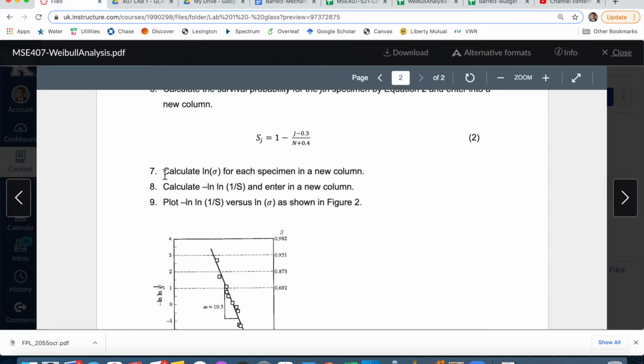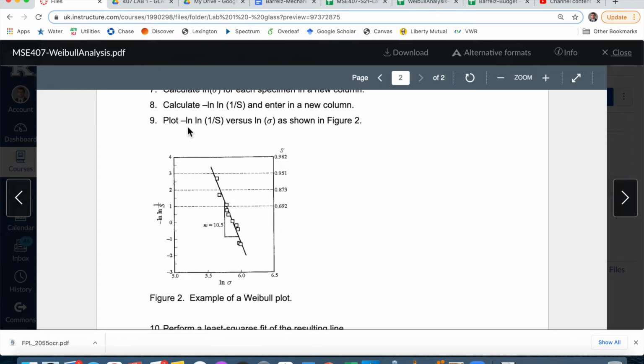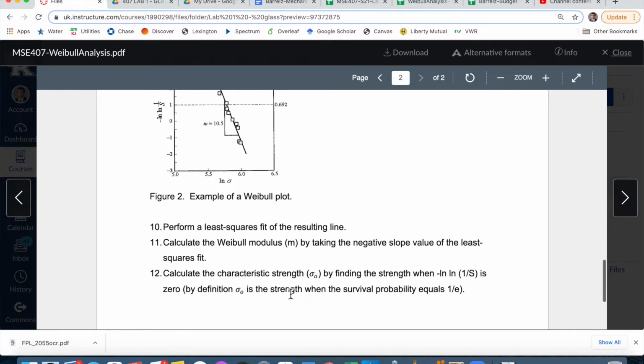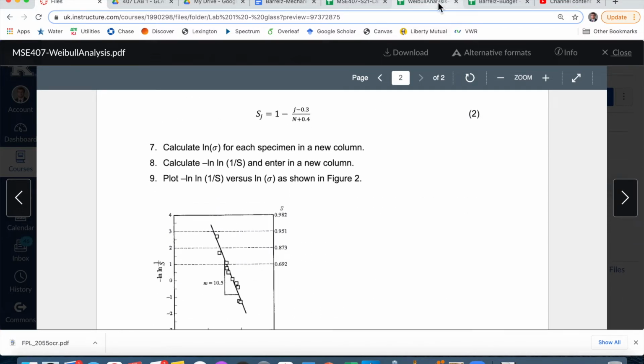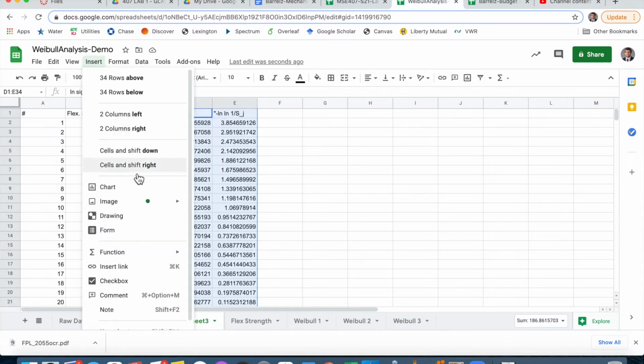So let's go back and see what it wants us to do next. So we're going to plot, and we're going to do it such that we have this is the Y and this is the X, so that we get something comparable to this plot here, so that we can do a least squares fit, and then we're going to calculate the modulus and the characteristic strength. All right, so let's go back and work on the plot. So I actually had you fill it in this particular order because if I just select both of those columns and I go to, I believe here it is, insert chart, it's going to be something similar in Excel. So if I do that,